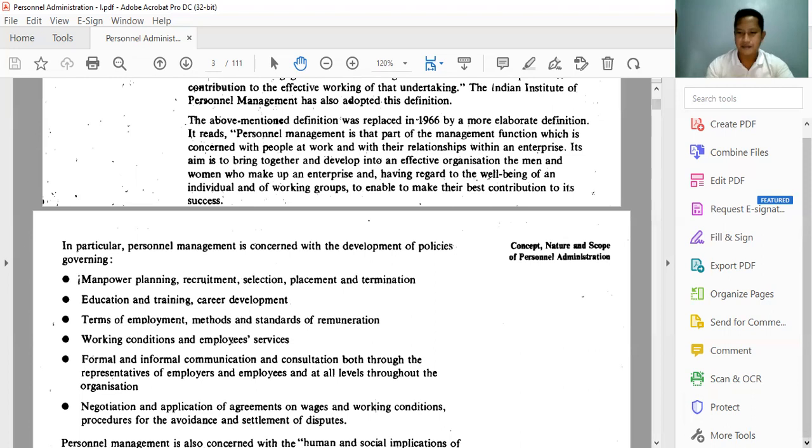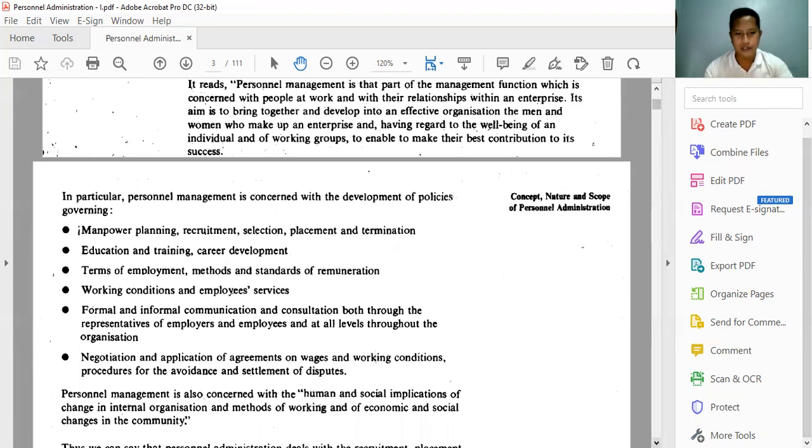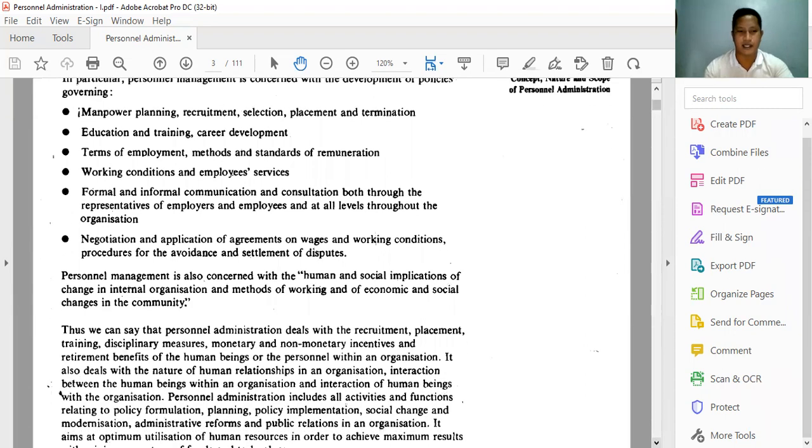Okay? So next, personnel management is also concerned with the human and social implications of change in internal organization and methods of working, and economic and social changes in the community. So of course, true to that. It doesn't just stick to the definition, like the normal way that we understand personnel management, but it also covers the changes. Like for example, right now,